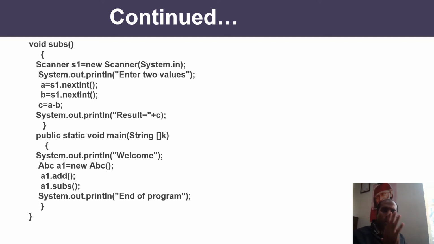Now my question to you: can I access that ABC in the main method also? This is a question I have been asking you from the very first day, and I told you that I would explain it later. Why public static in Java? If I am going to create void main, why am I writing public static? So I am going to solve this question right now.